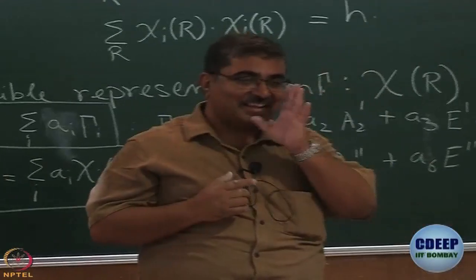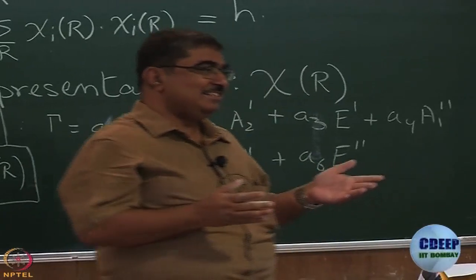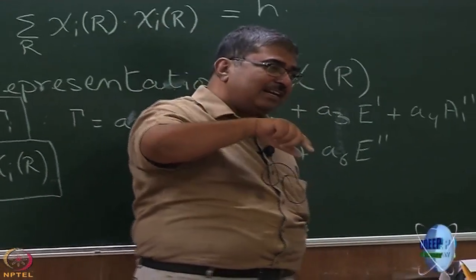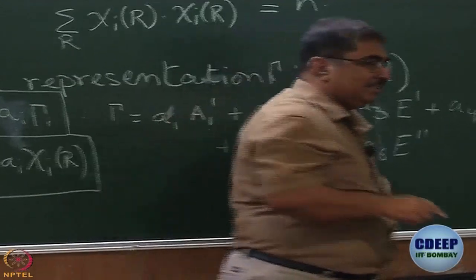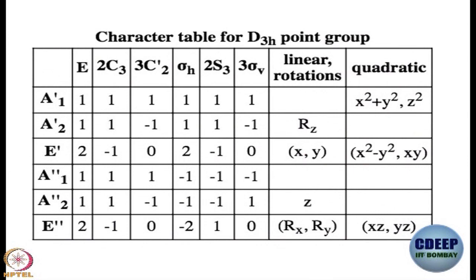Yes, okay. Chi is character. So if I only write chi(R), you have understood? Okay. Chi_j(R) means, let us see, 1, 2, 3, see E', that for j equal to 3. If I choose the symmetry operation sigma_h, then chi_j(R) for sigma_h for E' is 2. So chi_j(R) is the character of the symmetry operation R in the jth irreducible representation.